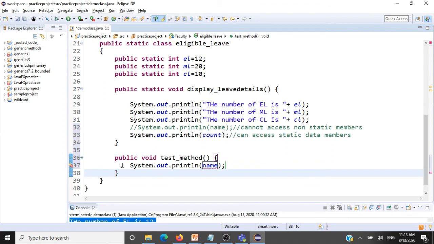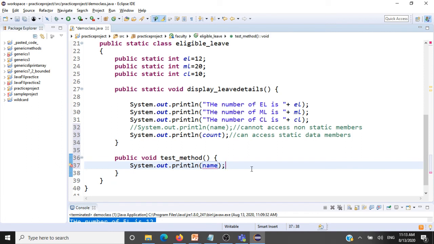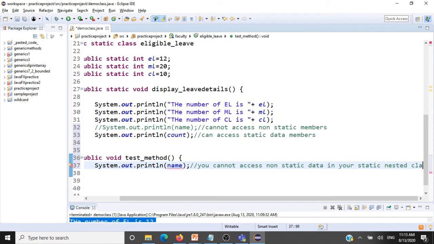You cannot access a non-static data inside a non-static method in your nested class. I know the use of terminologies is more in this statement, but it's very simple. You cannot access non-static data in your static nested class. That's it.